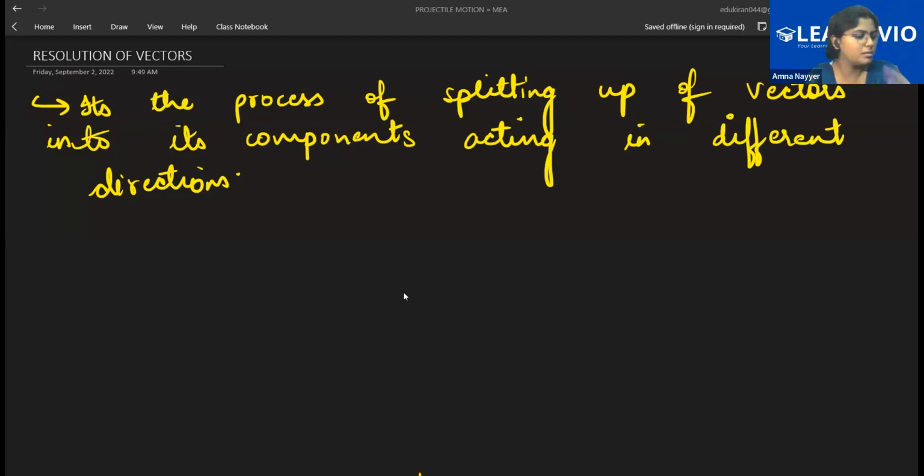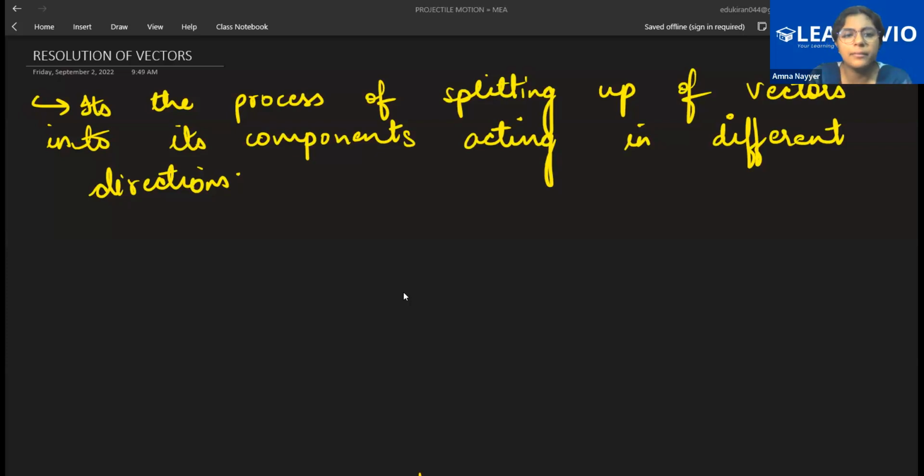Let me come to the portion because lesser time is available. When we have the resolution of vectors, it means, see, we have to split the vectors along x-axis and y-axis. All right. So when we're talking about x-axis and y-axis, is it necessary that every